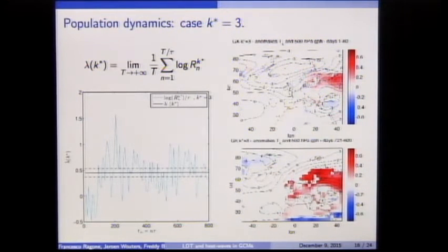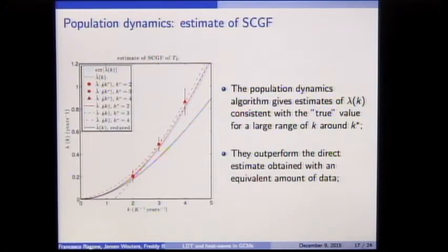So what does it mean? This is the average. This is the climate of the biased dynamics minus the climate of the unbiased dynamics. So it's really true that the system, in order to realize this large fluctuation in the temperature average over a long time, is realizing a climate in which having heat waves is normal, which is exactly what I want. So it seems that it makes sense that I'm getting these dynamical patterns. Of course, this is just a very qualitative view, just to have a first idea that things are going in the direction we want. Going more quantitatively, this is the scale cumulant generating function.